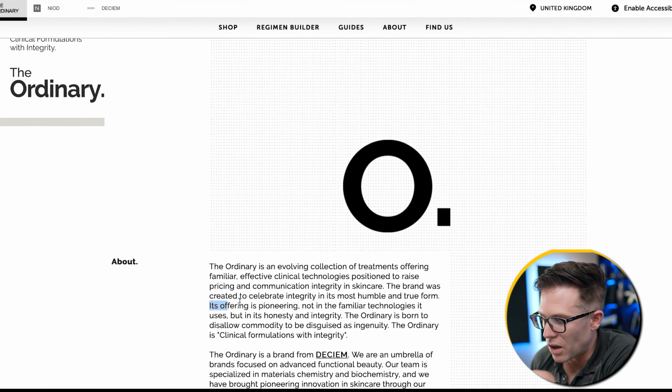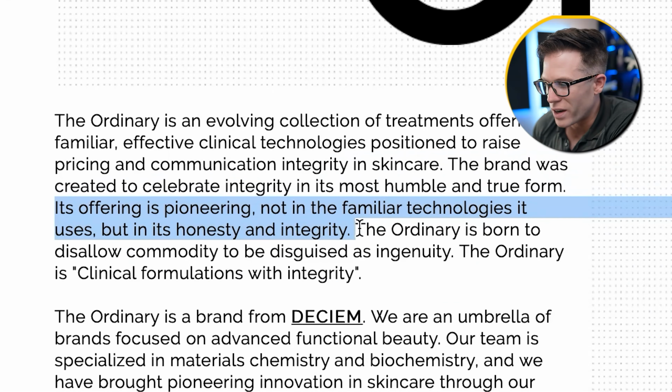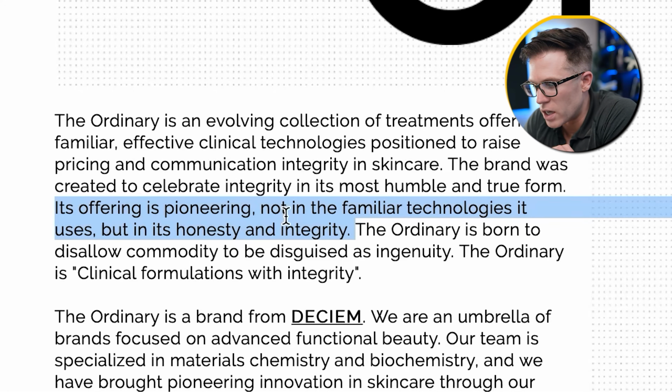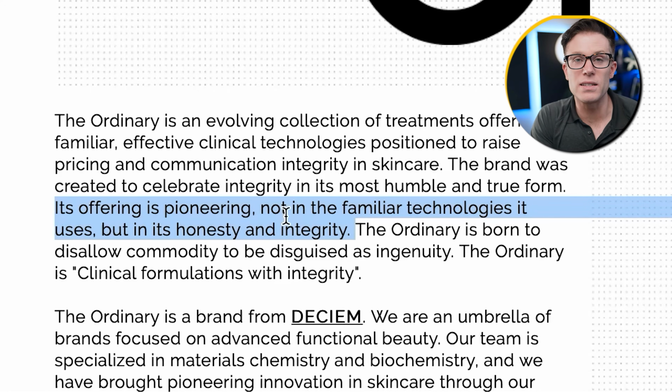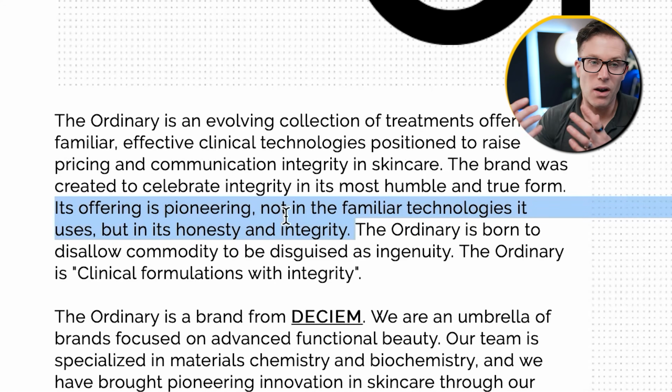The Ordinary is selling against marketing hype in its products. For me, it's perfectly summed up by this line on their About Us page: "Our offering is pioneering, not in the familiar technology it uses, but in its honesty and integrity." The Ordinary's positioning is all skincare basically uses the same ingredients. These ingredients do things like plump up your skin cells. So if you want plumper skin, you want hyaluronic acid. This is scientific: if you want plumper skin, you basically need to use hyaluronic acid. And any product that delivers this includes hyaluronic acid. So we're actually going to just sell you a moisturizer with hyaluronic acid,